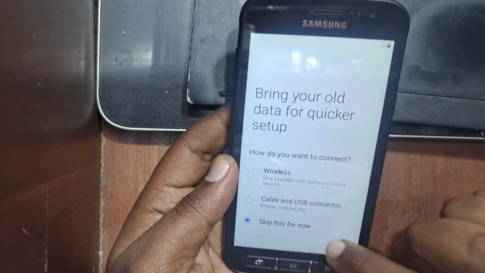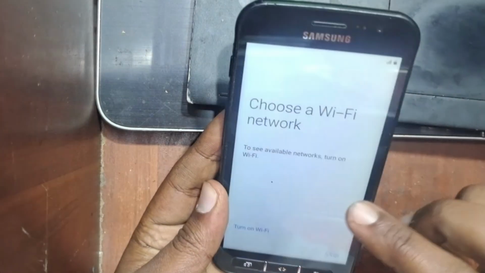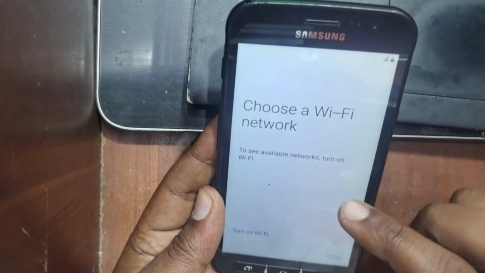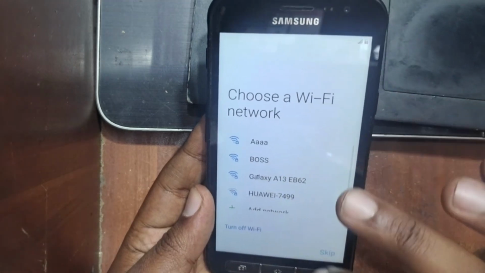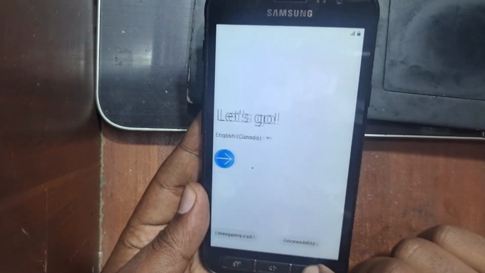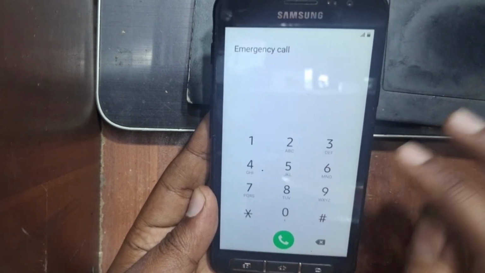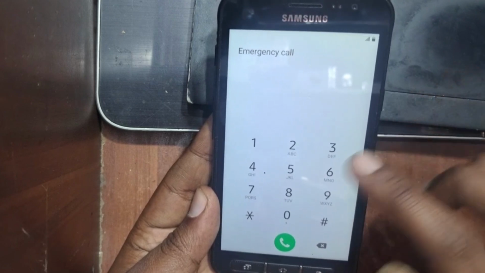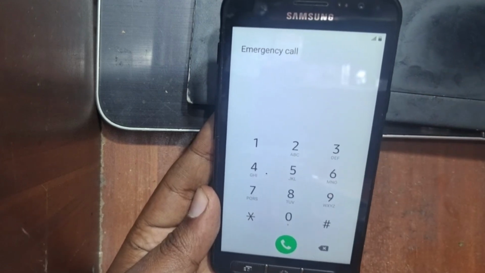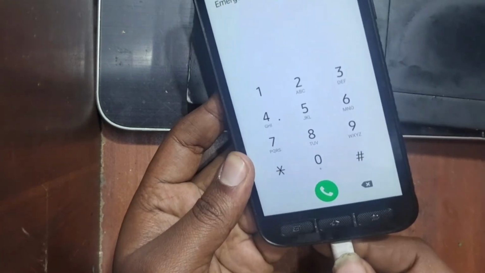On the lower Android version, we use test mode or emergency mode to enable ADB. We will not connect the Wi-Fi. First we go to emergency and tap *#0*, and we will wait until the test mode is open, and then we connect the cable,